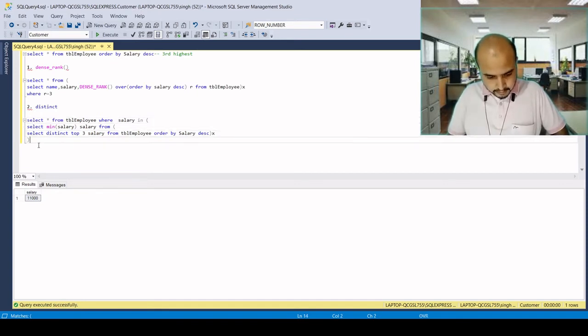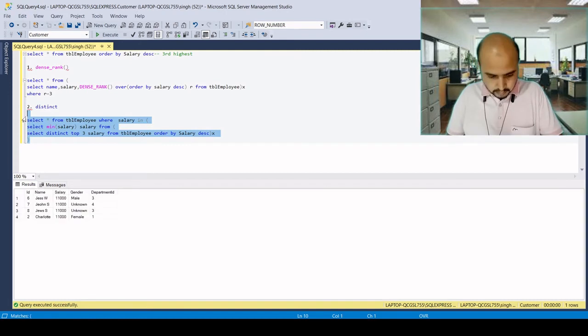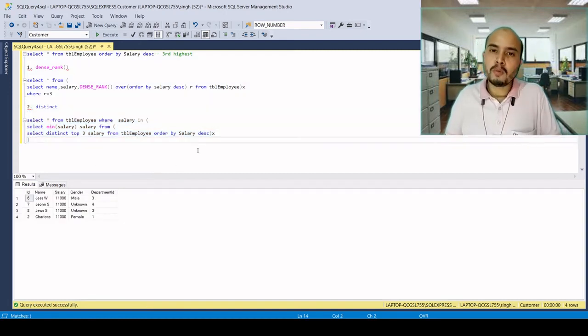So this is the output we were looking for. 11,000 is the third highest salary which we were looking for. So this was the second way to get the third highest salary out of the table.